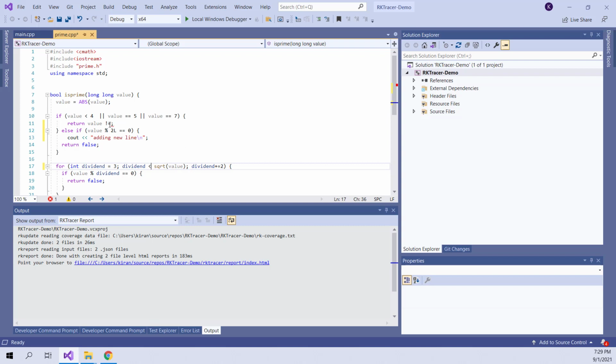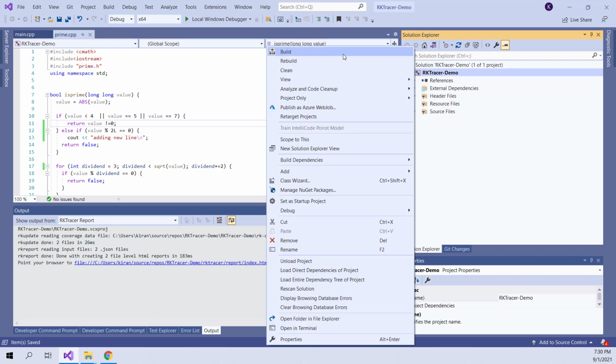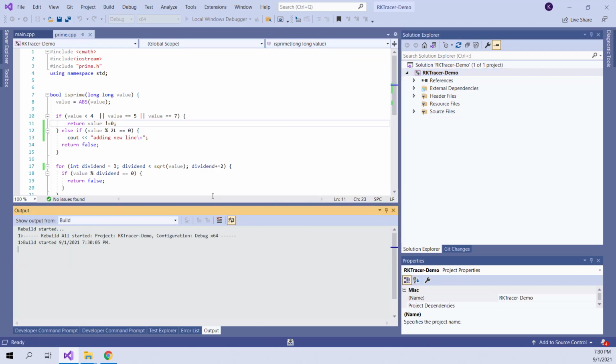Okay, so I modified this line. Okay, I need to initialize this to 0. So I'm going to modify this line and add a new line, and only this part has been modified. So let me go ahead and save this, and let's say I need to rebuild the project. So I'm going to rebuild the project.